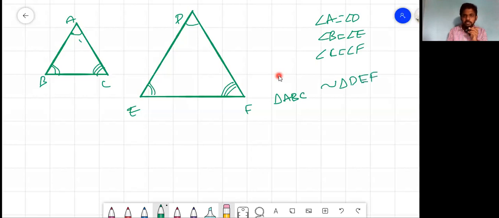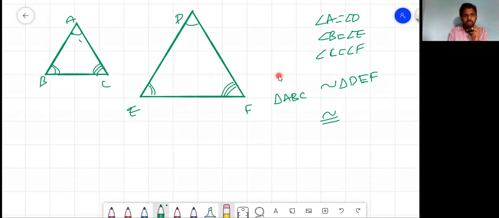So we have already seen the congruency symbol, right? It will be like this. Congruency means the shape and size of the triangles will be equal, which means the measurement of angles and also the measurement of the sides will be equal in both triangles. But here the angles will be equal, so the sides need not necessarily be equal. It can be equal, but it need not be; it will be in some proportion. I'll tell you how it works.